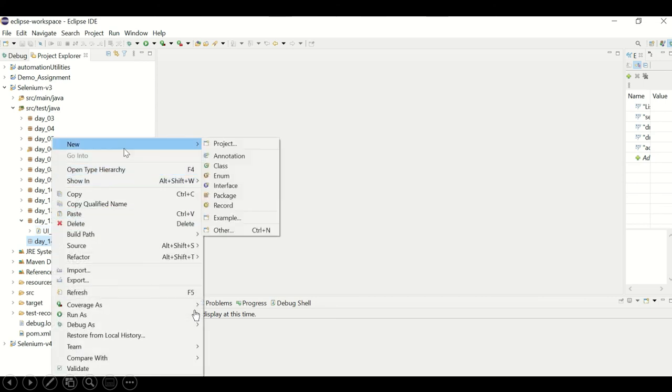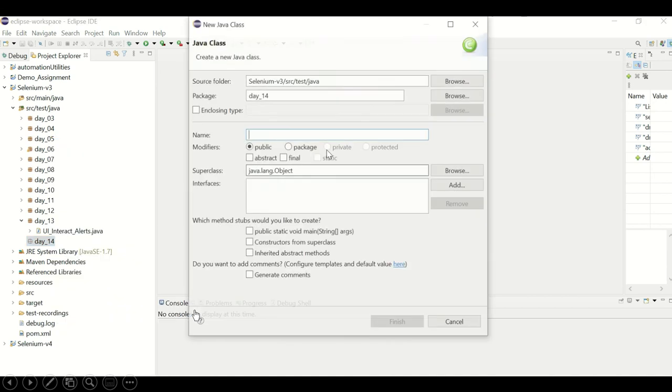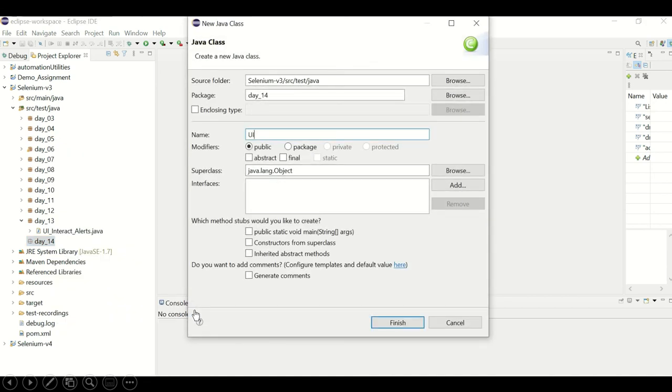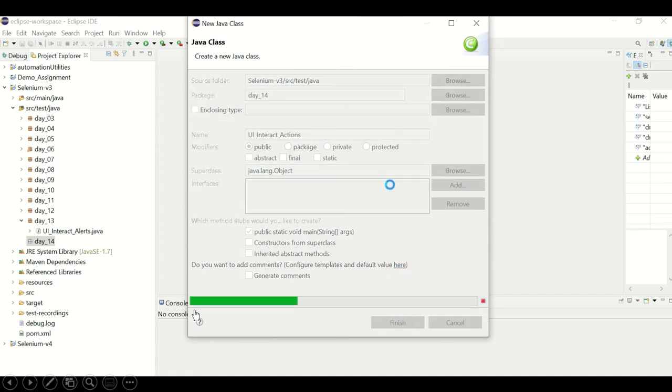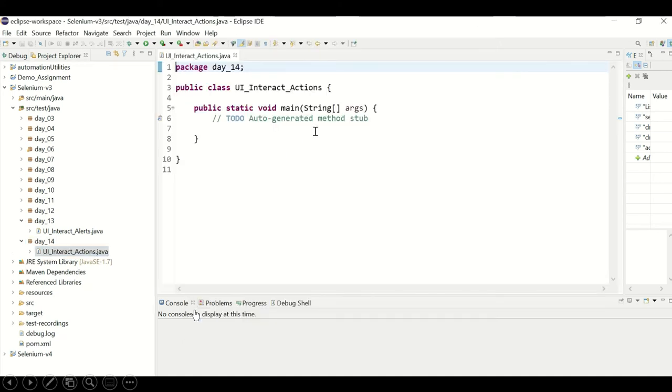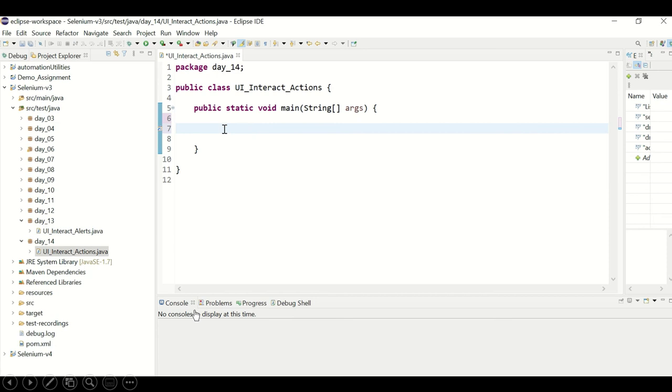Right click, new class, UI underscore interact underscore actions, and select this so that the main method gets added. Now you see the main method is generated. Now you will be writing your code over here.